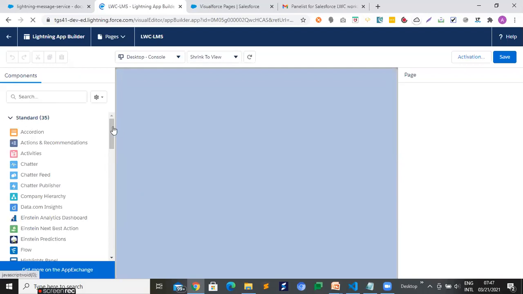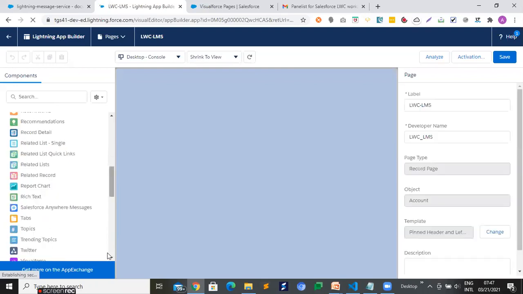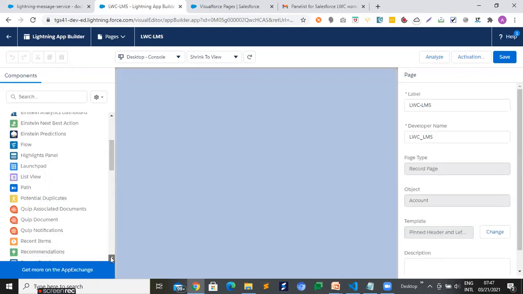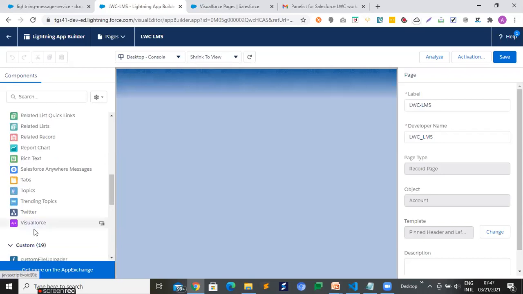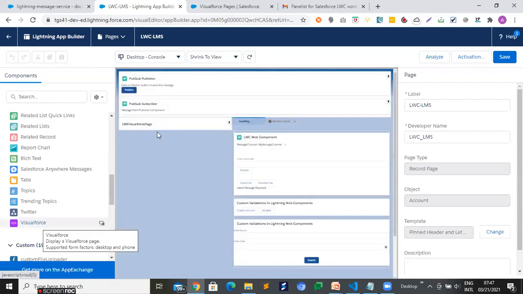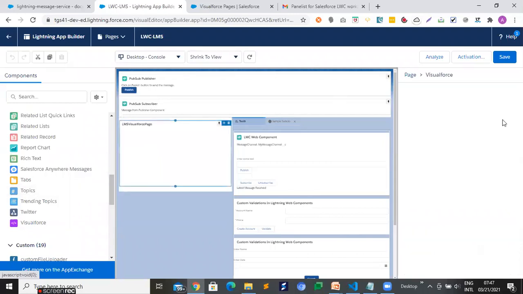Now you can see in standard, you have the option Visualforce. You simply need to drag and drop this standard component, right? And when you drag and drop your standard component over here, then you get this.